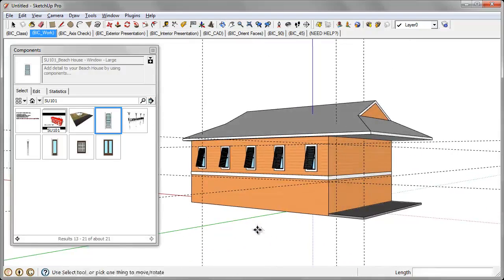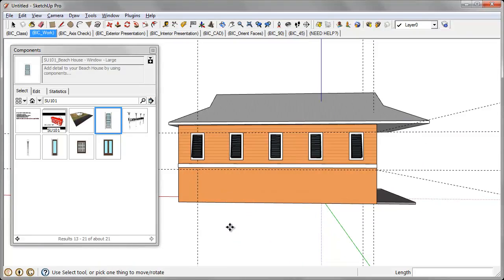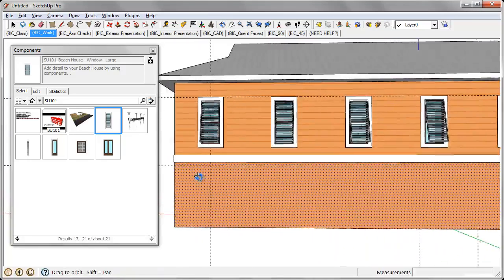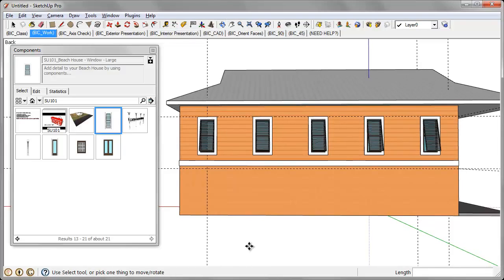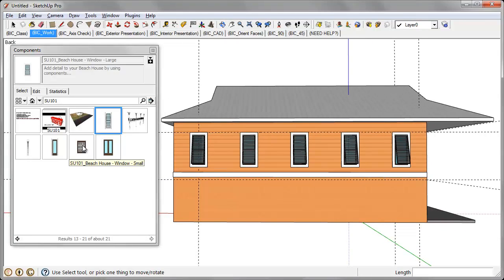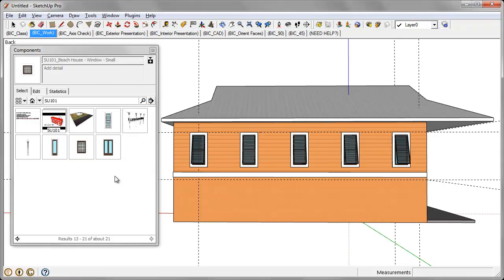Now we also want to add a smaller window. So the smaller glass block window goes down here. So I'll navigate to a view that's strategic for what I'm working on. I'll click on my window small, and then we can just drop that guy in right there at that intersection and click once, and you can see how it actually cuts a hole in that wall for us,